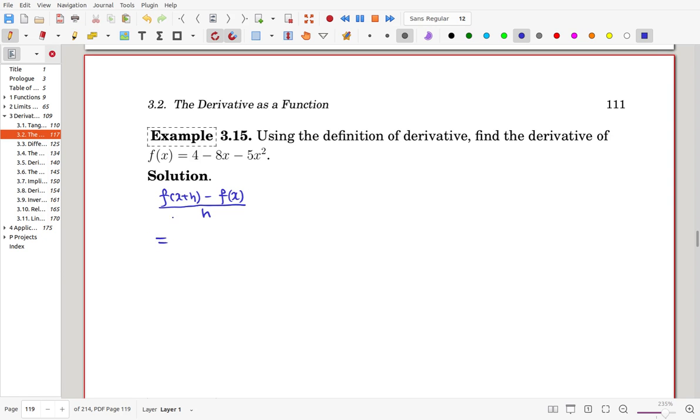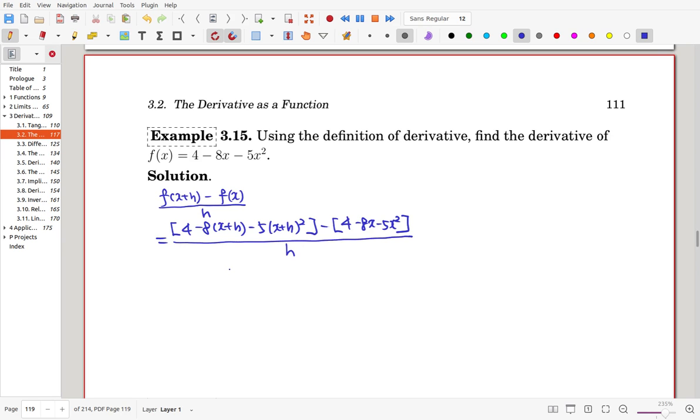So rather than x, we put x plus h. It's 4 minus 8 times (x plus h) minus 5 times (x plus h) squared. That is f(x+h). Now f(x) is 4 minus 8x minus 5x squared, divided by